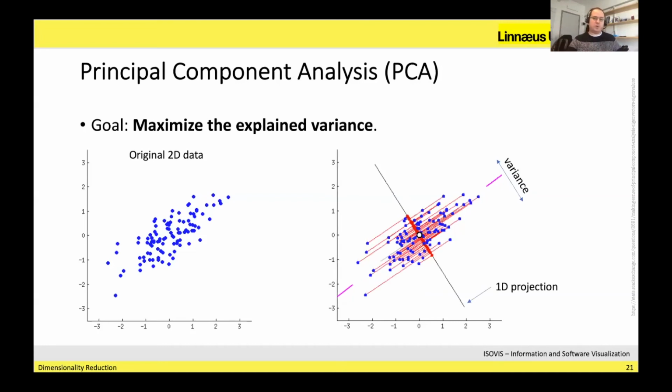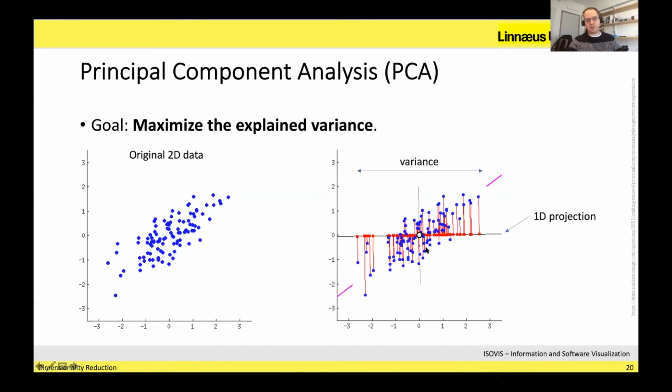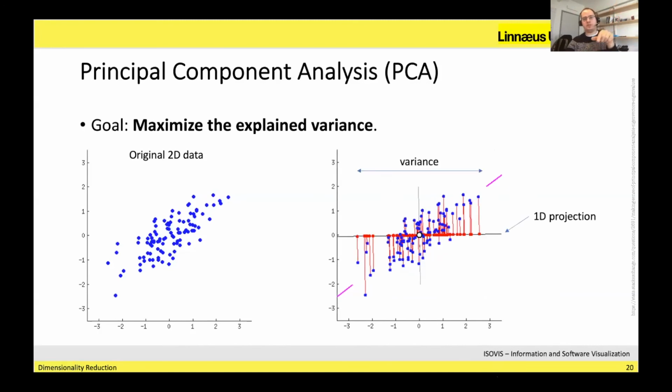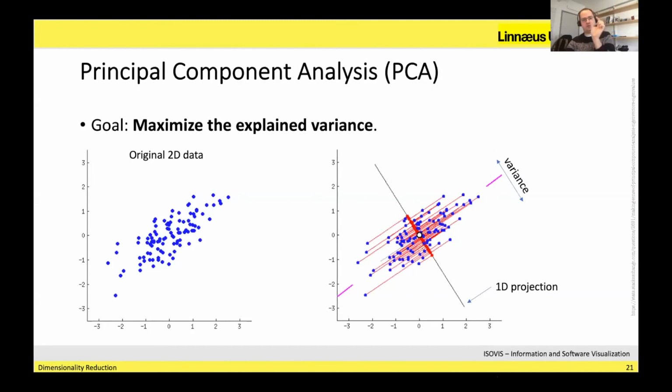This is another one. I just took this line over here. So that would be like my new axis. And then again, I took the projection of the points into this axis. And this is the variance that I got here, right? So as you can see, depending on the axis, if I choose this one axis like this, or this one axis like this, I get different variance. So this one is much worse than this one, because the variance here is small, while the variance